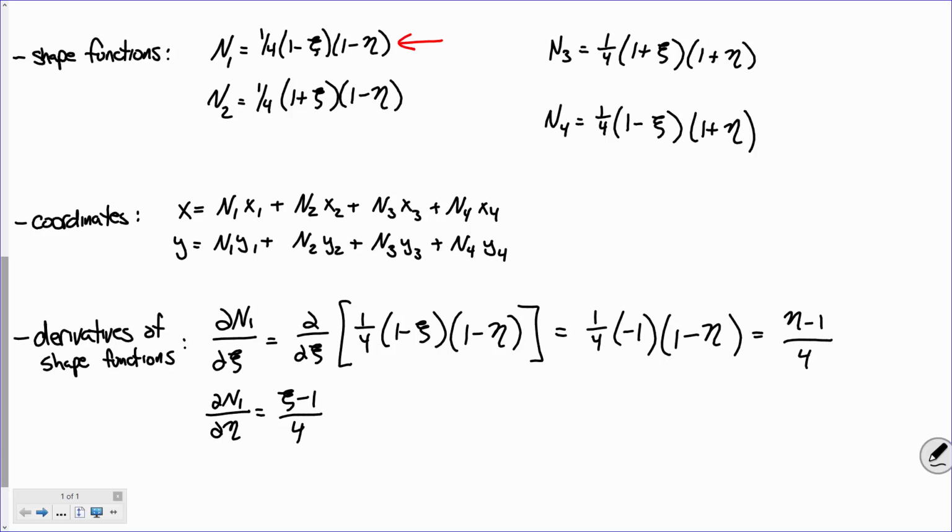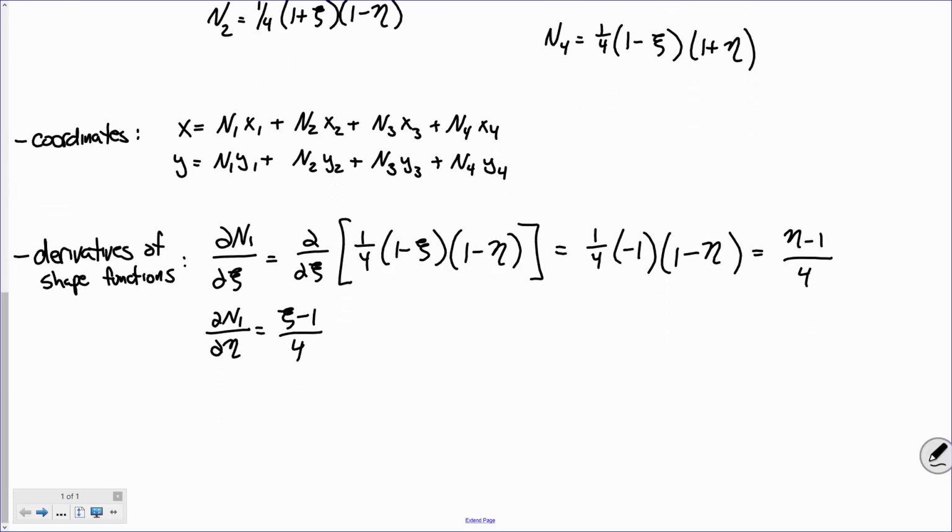See what I mean? All right. If I just gave you the rest of them, would you take them on blind faith? Would you believe me? Shaking your head going no. Well, do it yourself. All right. So after a bunch of derivatives, we get the following. So if you do the N2s, you're going to get,